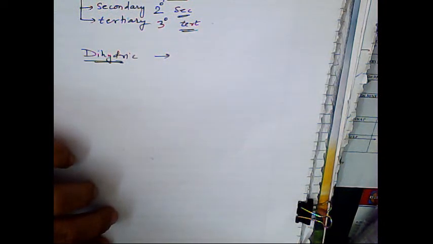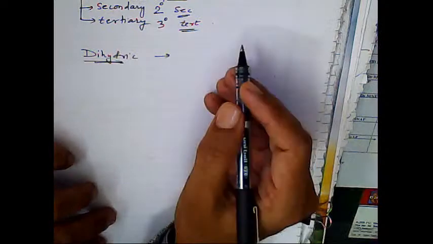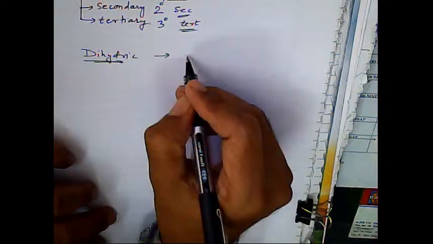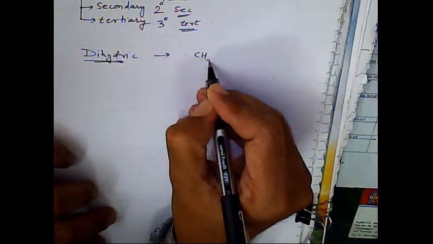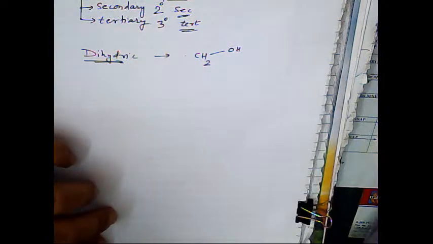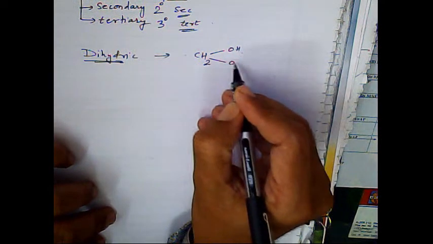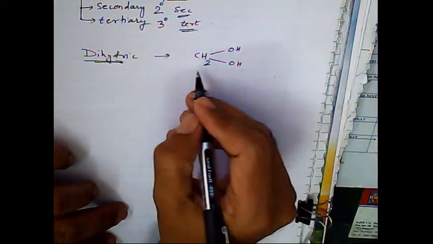Now for dihydric alcohols, I write the first example here: CH2OH. The two OH groups may be present on the same carbon, or they may be attached